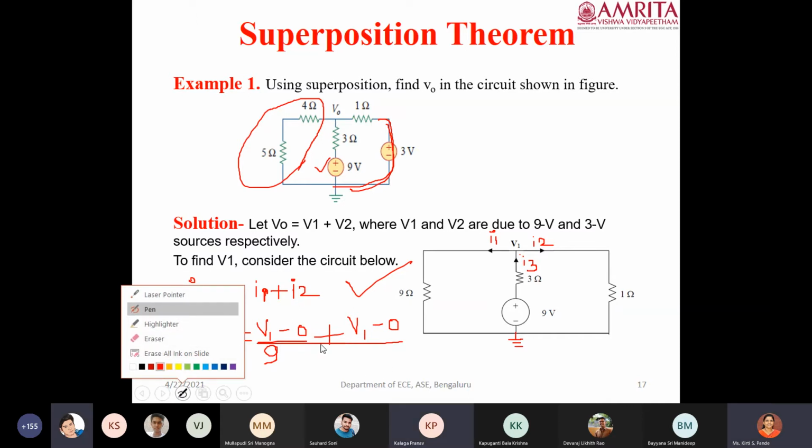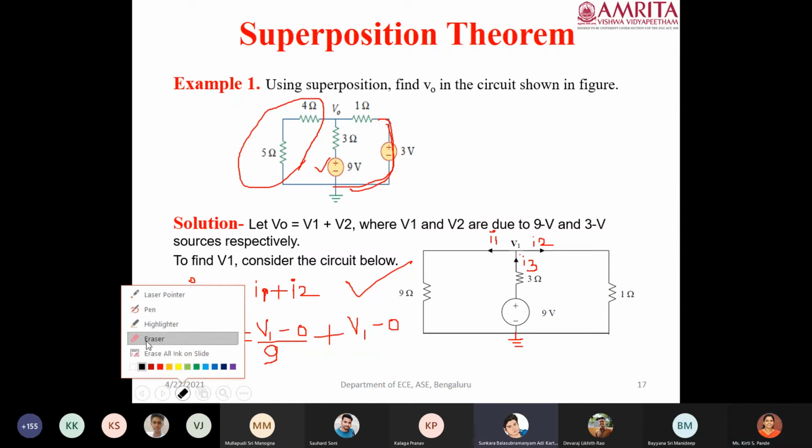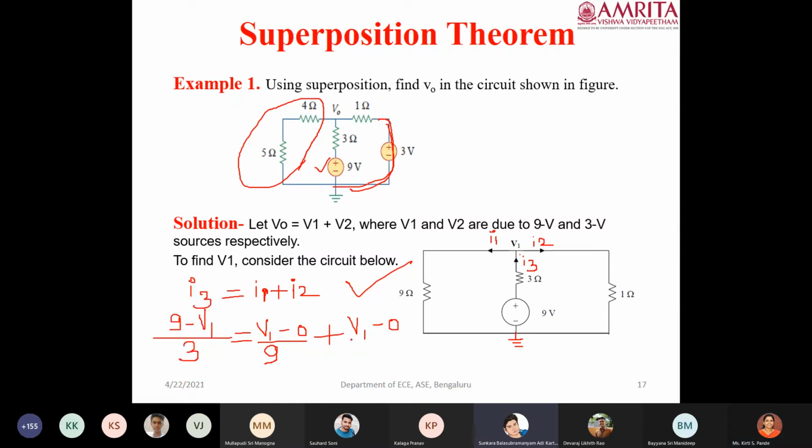Excuse me, ma'am. Actually, while calculating nodal analysis, for our convenience, we take all currents leaving at the node. If there is any current source in that node, then towards the node we can take it negative like that also. You are saying that you took I3 minus I1 minus I2. Ma'am, I took V1 by 9 plus V1 minus 9 by 3 plus V1 by 1 is equal to 0.